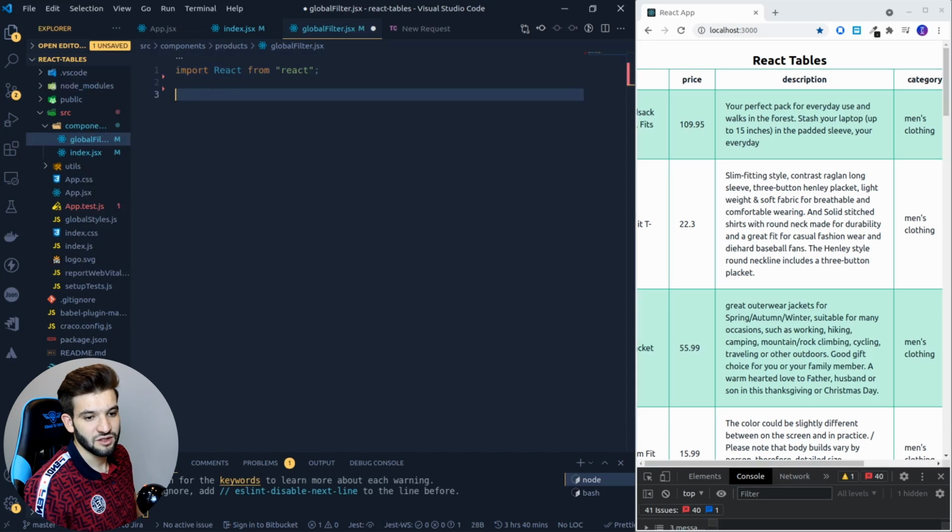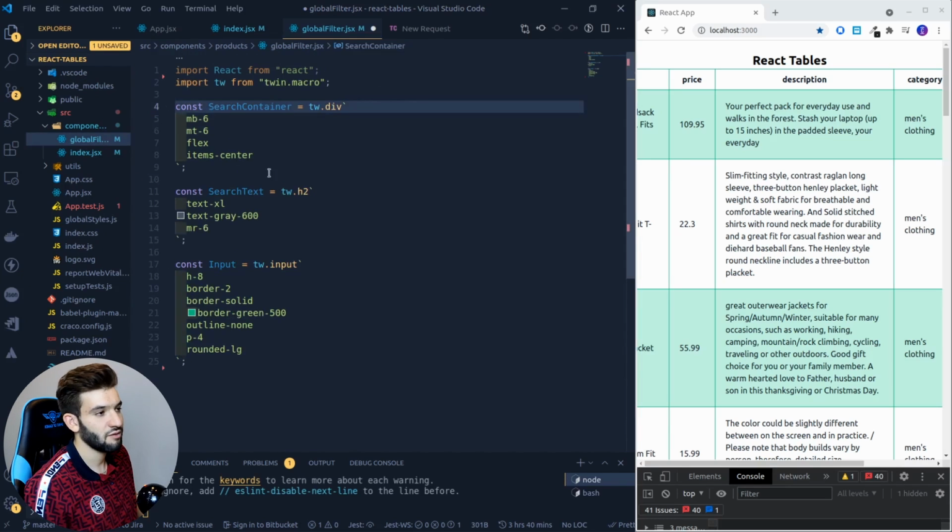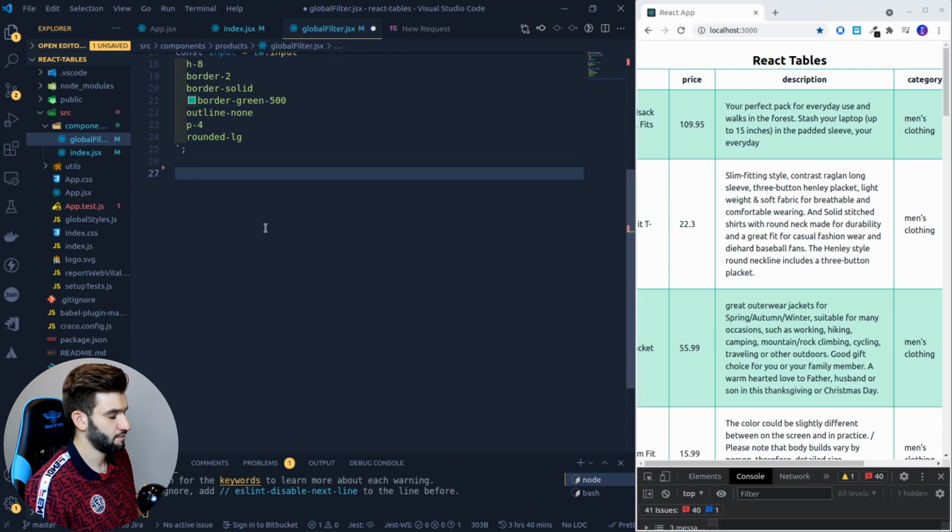I'm going to copy paste this because we are not focusing on this kind of stuff. And also I need to make sure that I import Tailwind from that, and we are basically good to go. All right, sweet. So I'm going to go and export